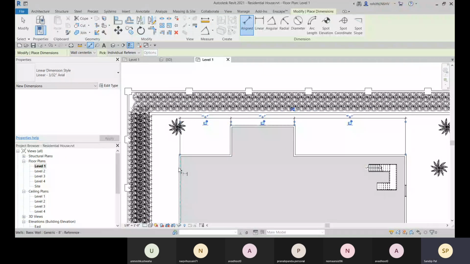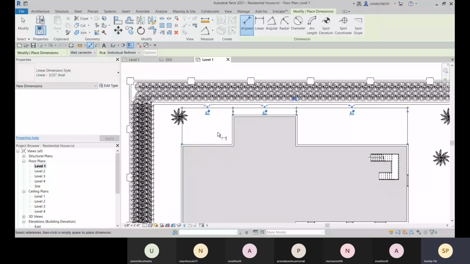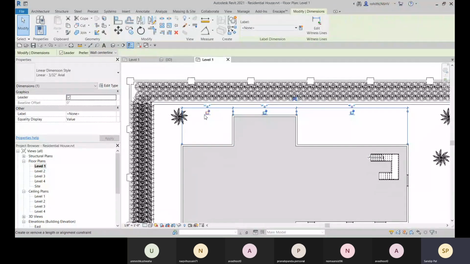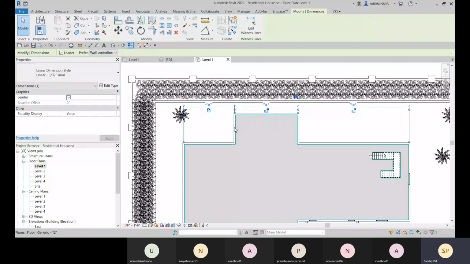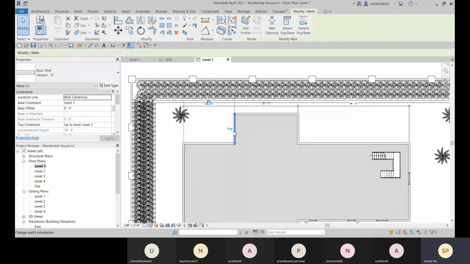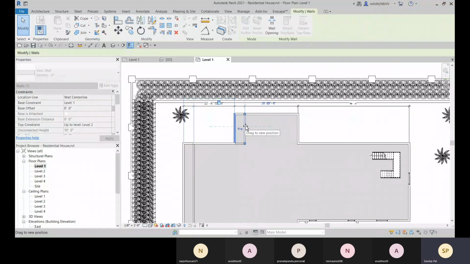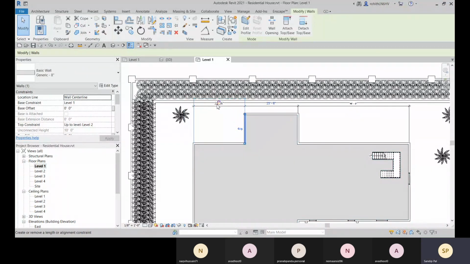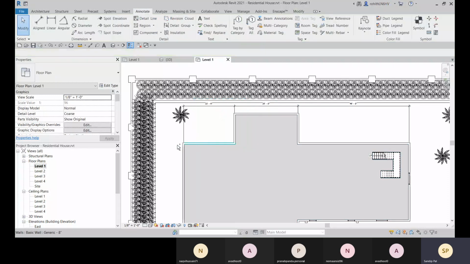So this wall will also be moved if I move this. Let's select it, and if I select this side and then choose this wall, here you can see that this wall also moved, because the value is still the same, right?